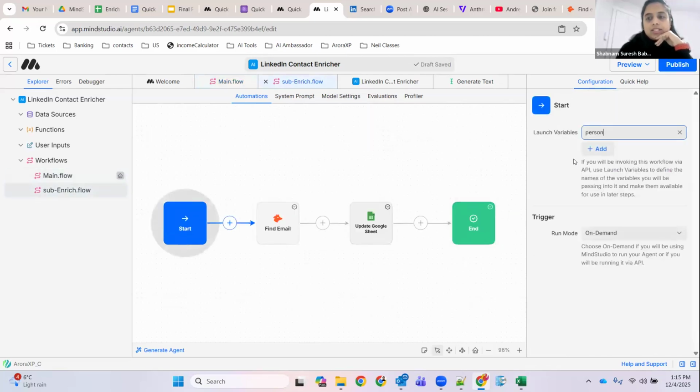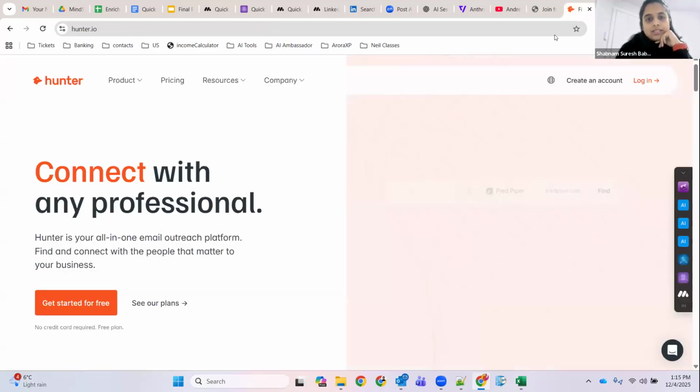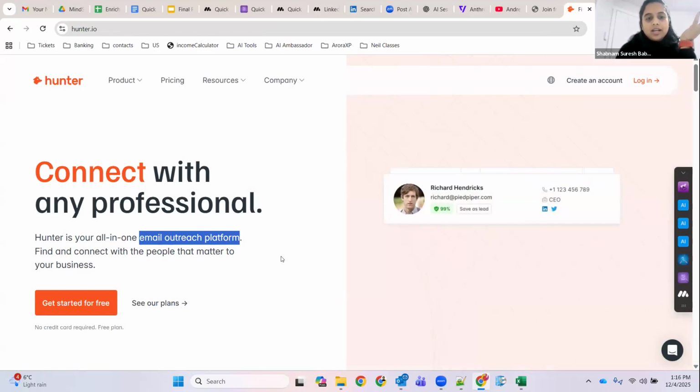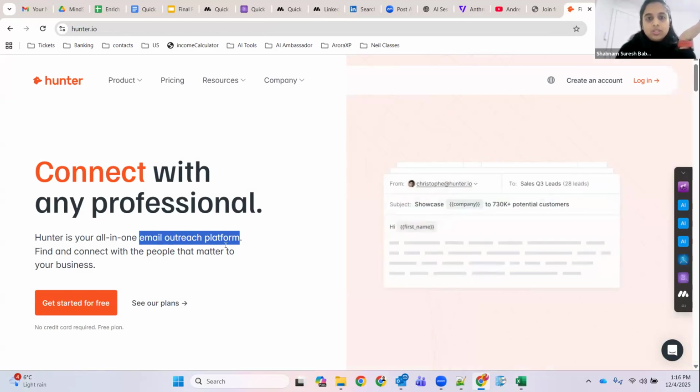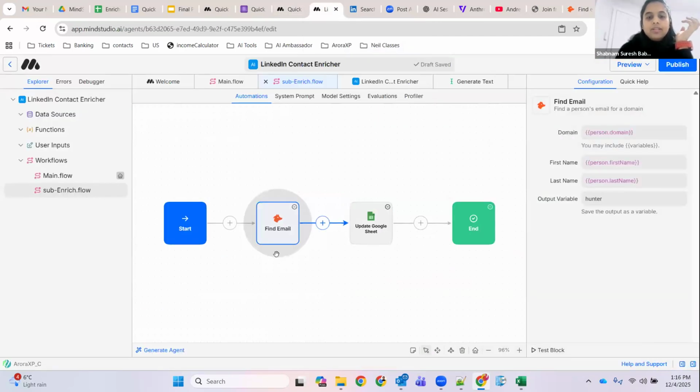Here, again, to start with, for every person that is fetched in the first list, it will find emails. And from the email, that I'm passing, this is the Hunter block I was talking about. Hunter is a third-party application, which is basically used as an email outreach platform. Now, do you see the plus point here? I don't have any account with Hunter, but with MindStudio, I'm able to leverage this tool by calling it in a block. So that is another beauty of MindStudio. You have n number of blocks like this and n number of connectors like this.